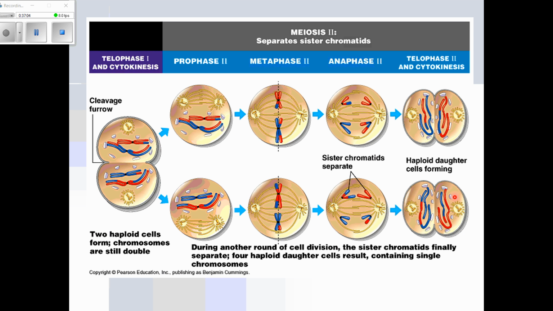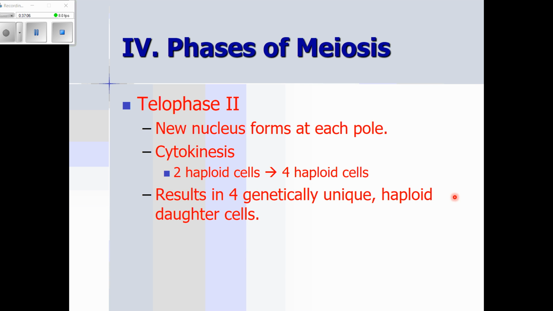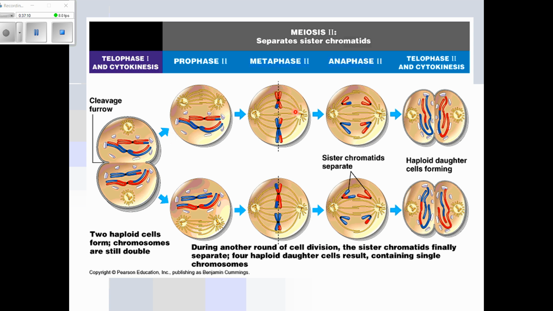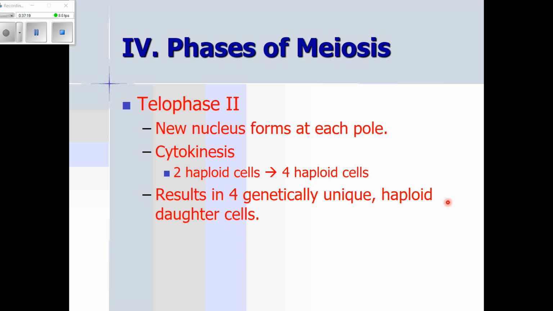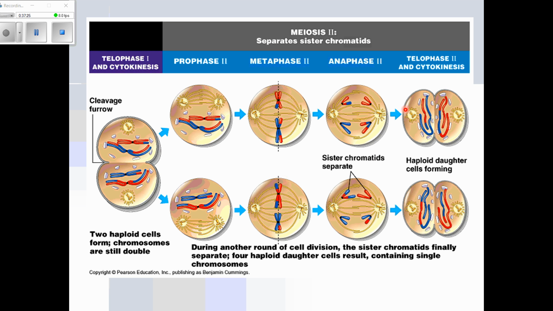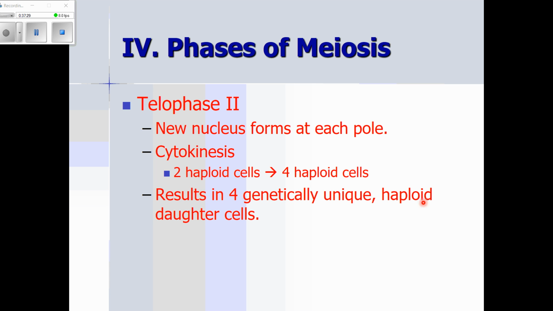But let's do a summary of telophase 2. We're going to have a new nucleus on this side, and same thing down here. Brand new nucleus here, brand new nucleus here. Okay. Cytokinesis is going to split the 2 cells to make 4 cells. So we're going to end up with 1, 2, 3, 4 cells. And what is the final result? 4 genetically unique